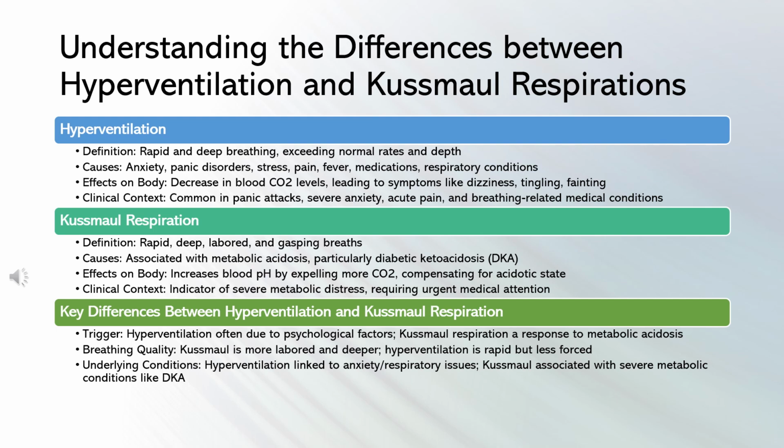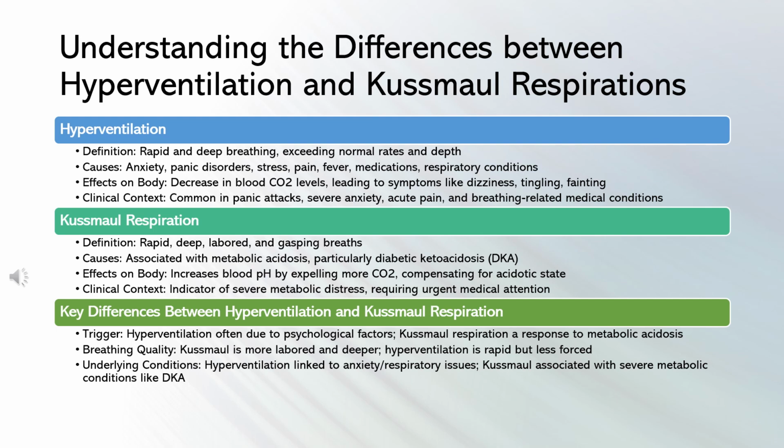This breathing pattern is most associated with metabolic acidosis, particularly diabetic ketoacidosis or DKA. It's the body's attempt to correct the acid-base imbalance by expelling more carbon dioxide. The deep breathing is a compensatory mechanism to decrease the acidity of the blood by increasing the release of carbon dioxide. Kussmaul respiration leads to an increase in blood pH by reducing carbon dioxide, in response to an